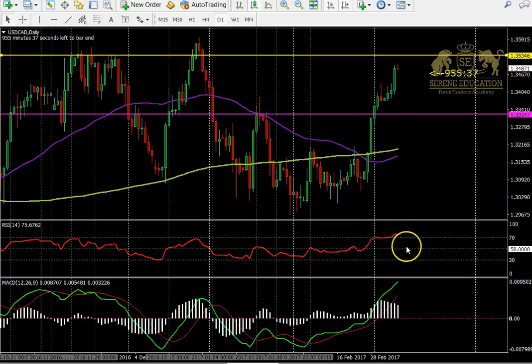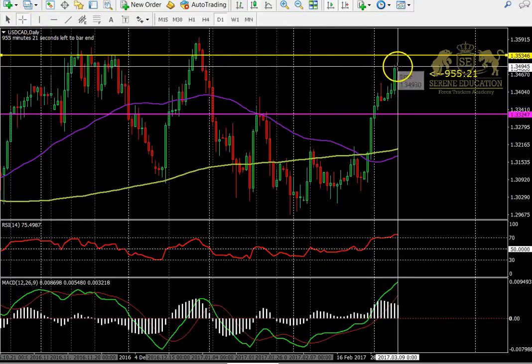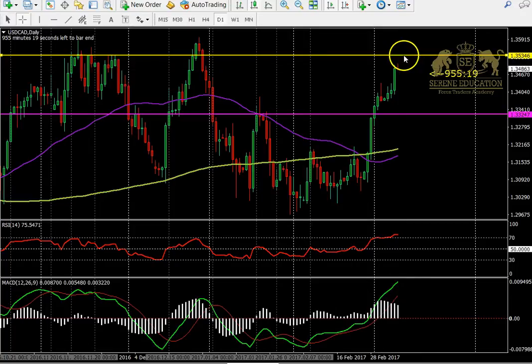We can see that RSI is above 50, although above 70, potentially in an overbought area, but our histogram and FOST and trigger lines are above the midline. All we need to take into account is that we're moving into that long-term resistance. So looking at where price is currently trading at the moment to that level, you are looking at around about